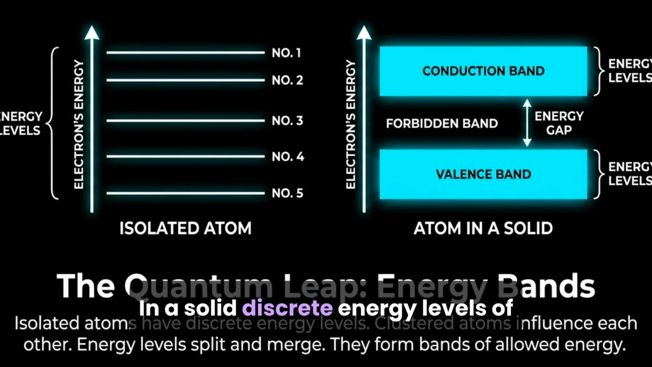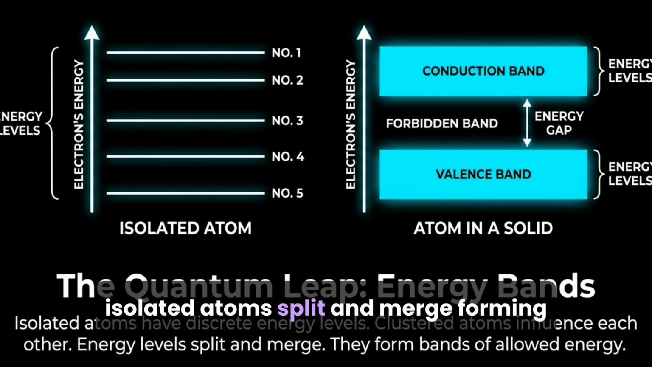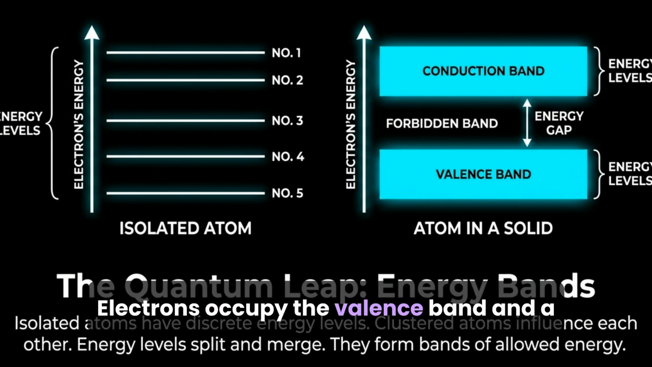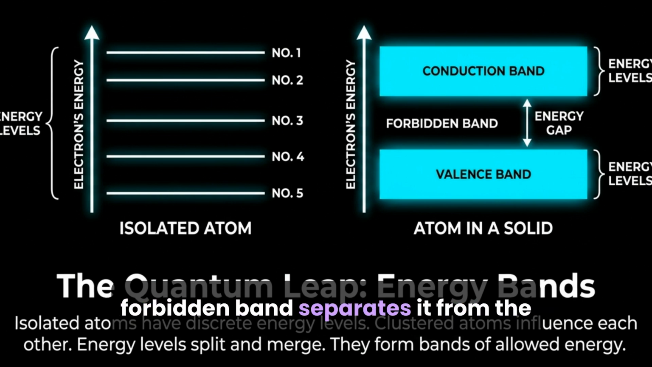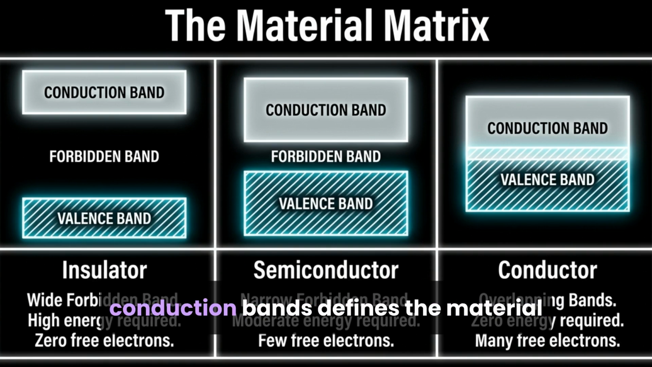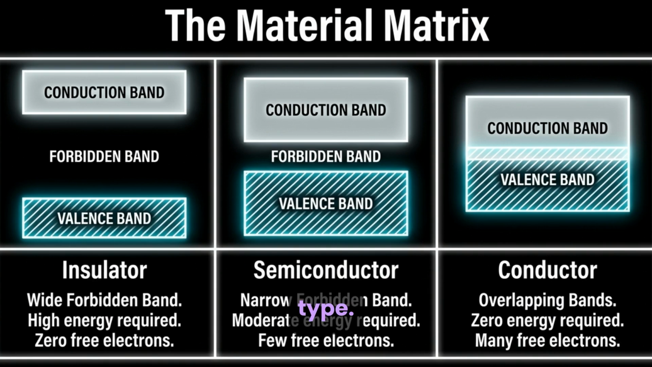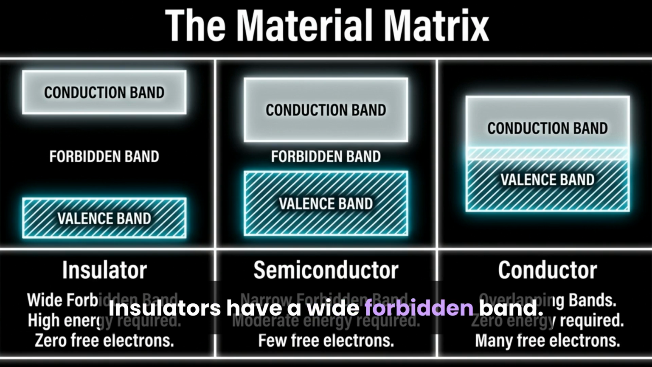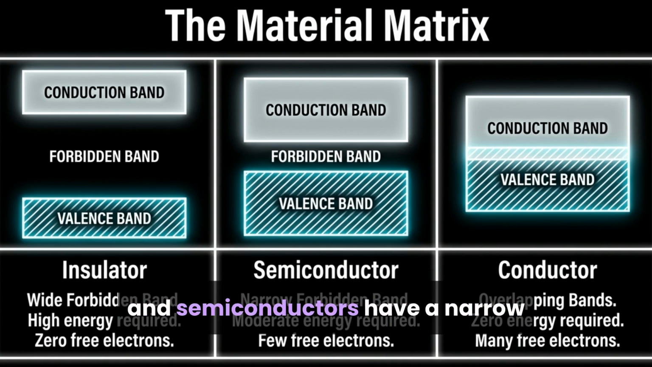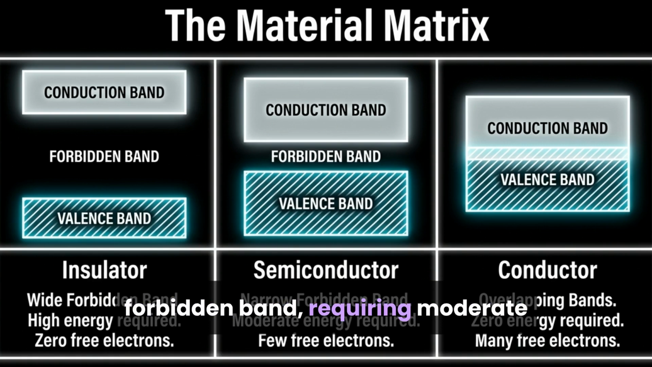In a solid, discrete energy levels of isolated atoms split and merge, forming energy bands. Electrons occupy the valence band, and a forbidden band separates it from the empty conduction band. The separation between the valence and conduction bands defines the material type. Insulators have a wide forbidden band, conductors have overlapping bands, and semiconductors have a narrow forbidden band, requiring moderate energy